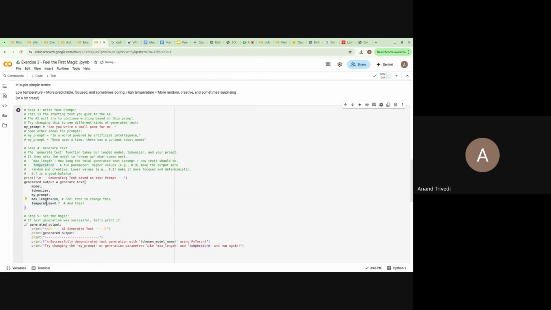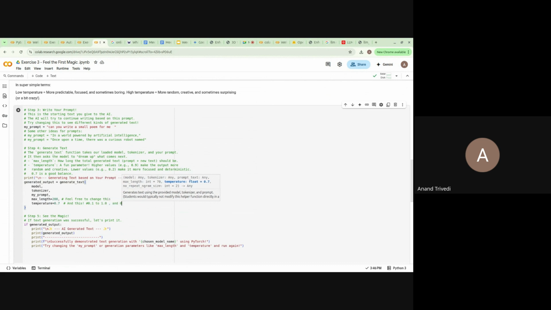And then this is temperature. Temperature is something you will see whenever you are playing with any model, around Anthropic or ChatGPT. Anthropic, I guess, doesn't give it in the chat version, but if you go to the API, you will find temperature. In simple terms, later on we will see temperature has to do something with the activation function actually, but as of now I will not confuse you. In simple terms, it varies from 0.1 to 0.9 usually, or actually it goes up to 1.0.